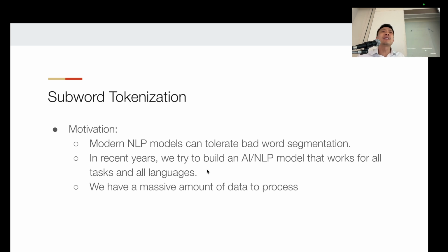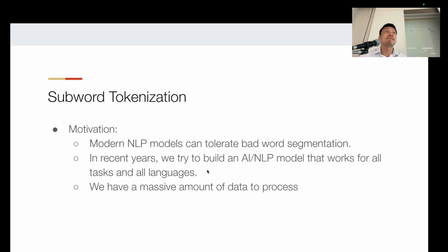If I want a model to work on 100 languages, I have to look at 100 languages and build 100 models for that. Who has time for that? These people, Google, OpenAI, they have bigger plans than that. So we want a model that works for all tasks and all languages. And it worked, right? We see that it worked. It seemed like a ridiculous thing when I said that maybe 5 years ago. Now they did that. And also modern NLP models can tolerate